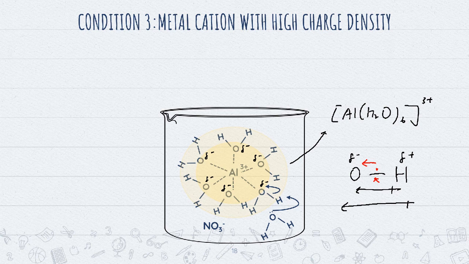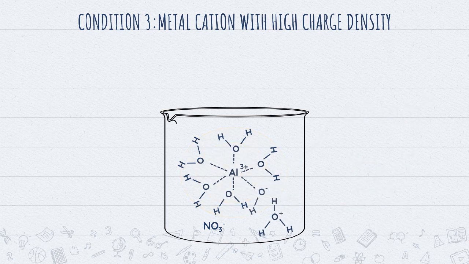And if we see what can happen as a result, boom, your H3O plus could be formed from the water molecule that took the proton from the water molecule that belongs in the complex ion. And this leaves the water molecule to become an OH minus,